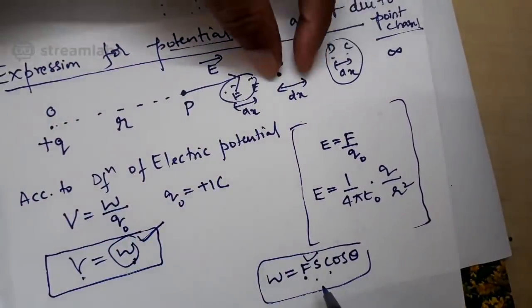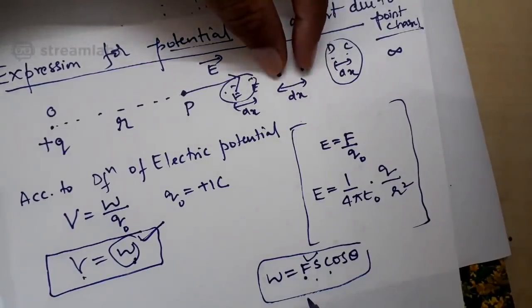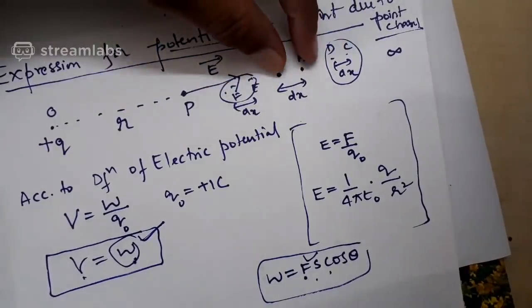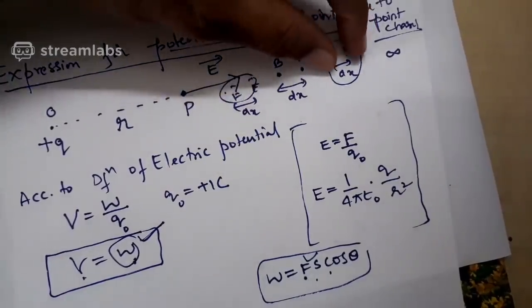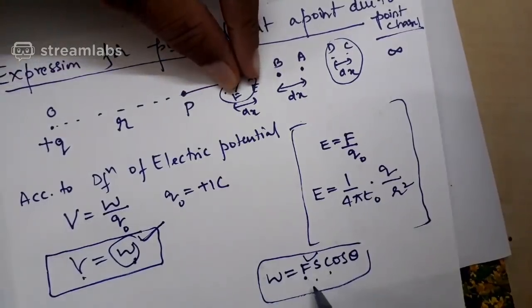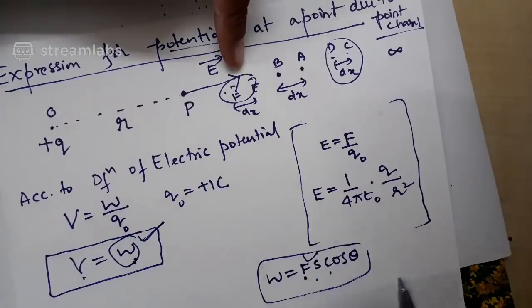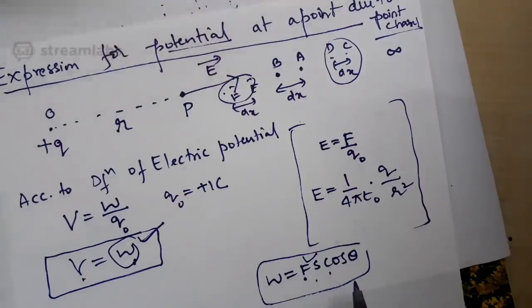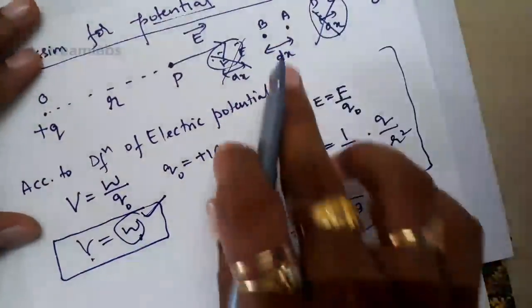I can use this formula, w is equal to fs cos theta, for this displacement dx, because here the electric field is assumed to be one constant, here another constant, and here another constant. Here the force is one constant, here another constant, here one more constant. That means I can calculate the work done in each case separately using this formula. Here I'll get dw1, here dw2, here dw3, like that. Are all the dw's the same? No, all the dw's won't be the same. See, for example, let us forget about E, F and C, D for timing. Let us select A and B.